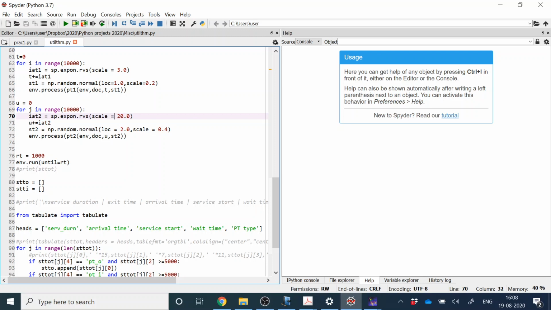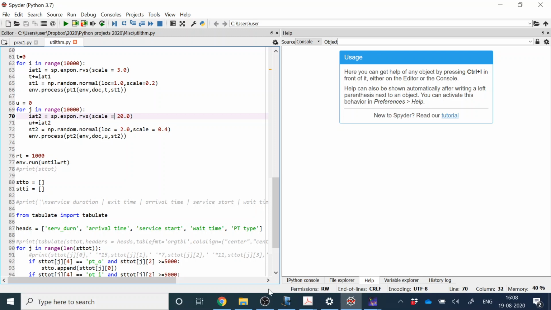In some cases, you may not even have that historical data. Then what you do is talk to the people there and get a sense of, on average, how much time, for example, let's say they don't maintain service time data for inpatients. They don't do that, but they have data for other things. So you go and talk to the doctor: on average, how long does a patient stay in the ward, how long does a patient occupy the bed, how much time does a doctor spend per patient? And the doctor might tell you it could be anything between 10 minutes and 20 minutes per patient per day, in which case you use that in your simulation.